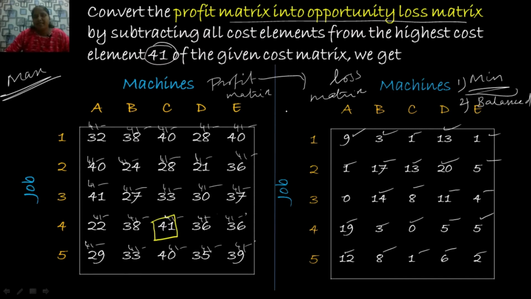So the given matrix is converted into minimization type. That is, now our objective function for this last matrix is minimization. And also look at the cost matrix. It is a 5 by 5 matrix, isn't it? It has 5 rows and 5 columns, which means the number of rows is equal to the number of columns. That type of problem is nothing but a balanced assignment problem. So now the objective function is of minimization type, and the given matrix is also balanced. Then we make use of the Hungarian method to proceed further.